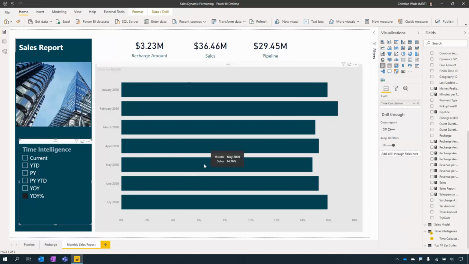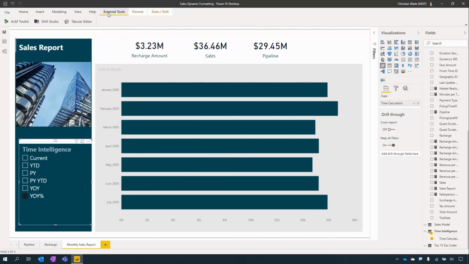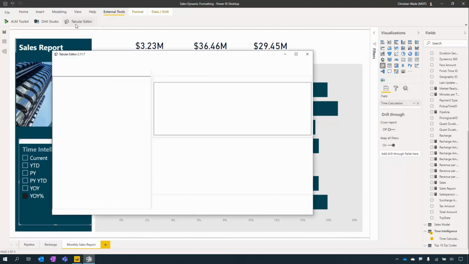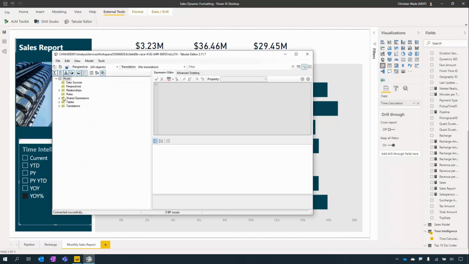And you can see it works just fine. We can see the year over year as a percentage. How do we set this up? I'm going to come over to the new external tools ribbon. I'm going to launch the awesome Tabular Editor semantic modeling tool, which is where we define calculation groups, including time